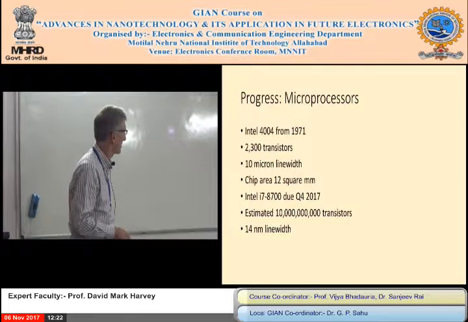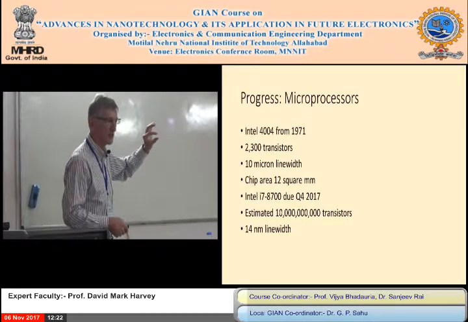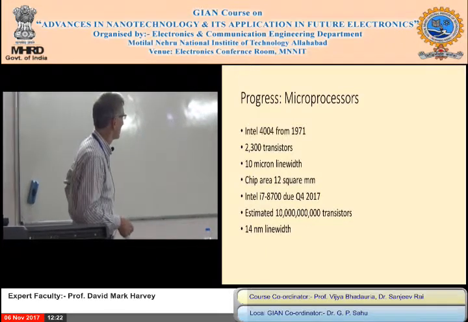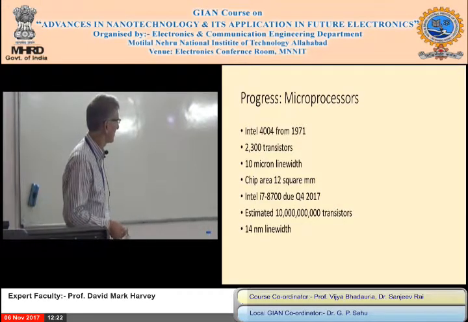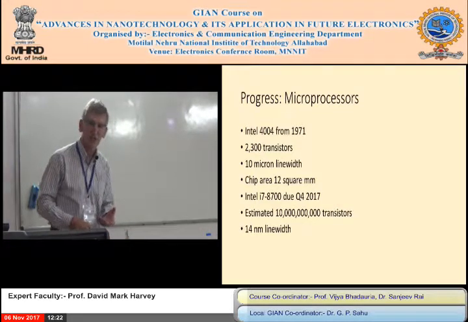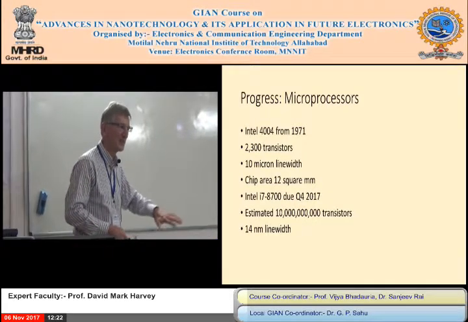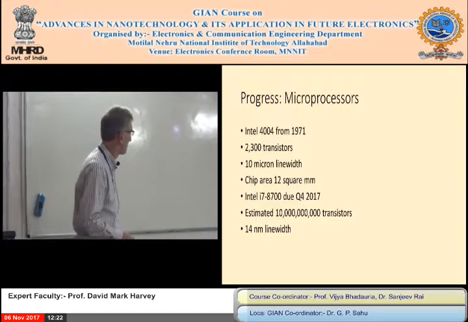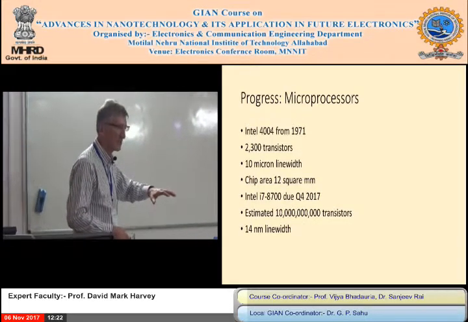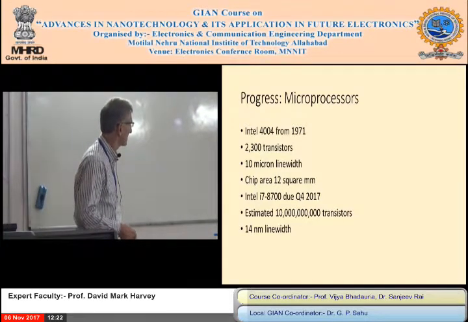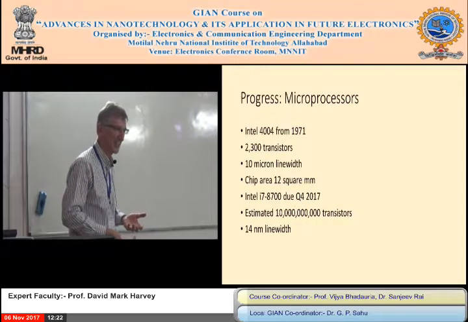Now, the chip area is 12 square millimeters. So say 4 millimeters by 3, you can just about picture that. Quite small. This is the new Intel. I looked this up before I came. Due out about now, this stands for Q4 2017. It won't tell us how many transistors are on the chip, because it's a bit secretive and it's new. We'll find out maybe in a year. But it's 14 nanometer line width, which is more or less state of the art, 14 or 10. And it's estimated there's, from me, 10 billion transistors on the processor.